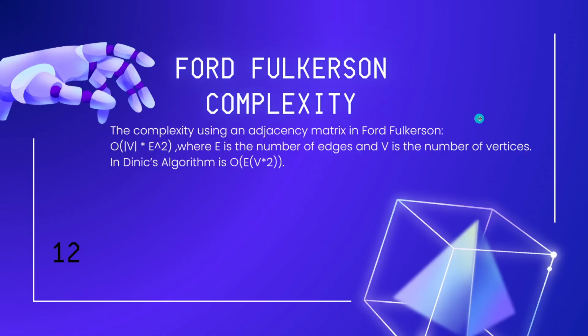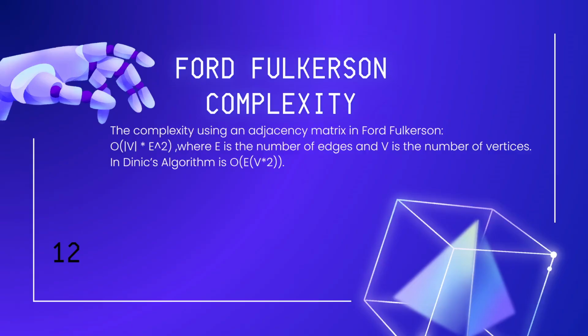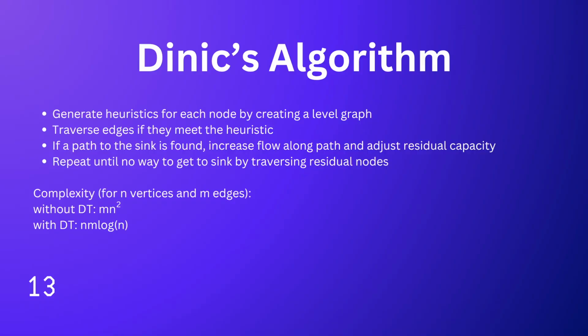Now this has a complexity of V times E squared. However, there's also Dinic's algorithm, which has a complexity of E times V squared. I think it should be V squared, my bad. But so you can either have V times E squared, or you can have E times V squared. So for sparse graphs, Ford-Fulkerson will be faster, but for dense graphs, Dinic's would be faster. And so when we actually run the algorithm, and here's some details about Dinic's algorithm,